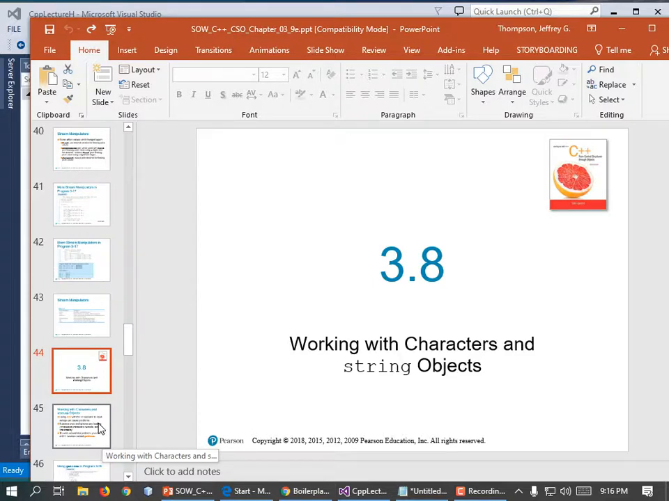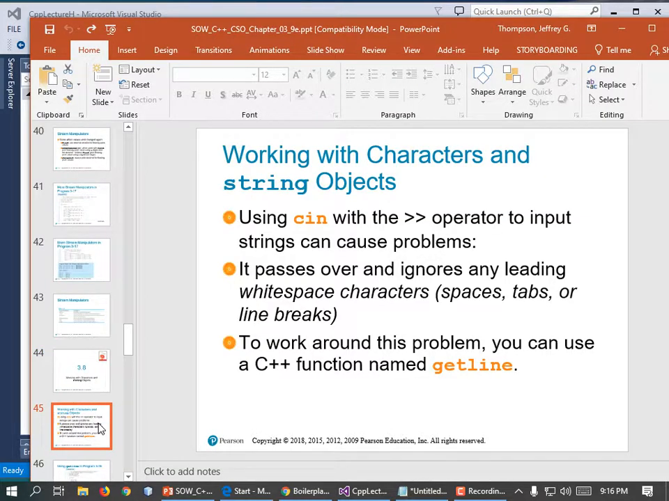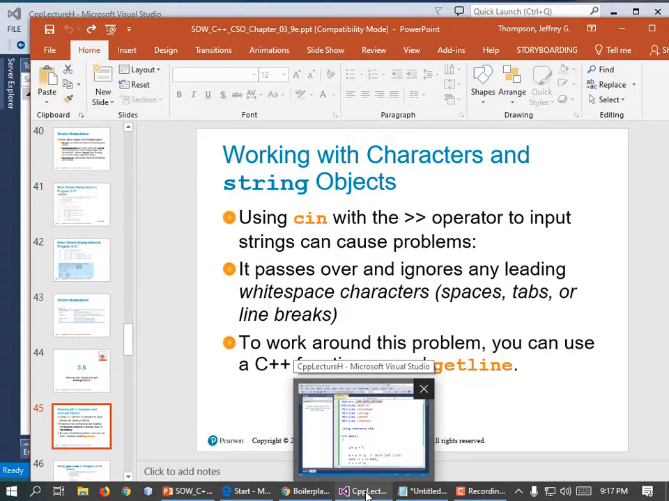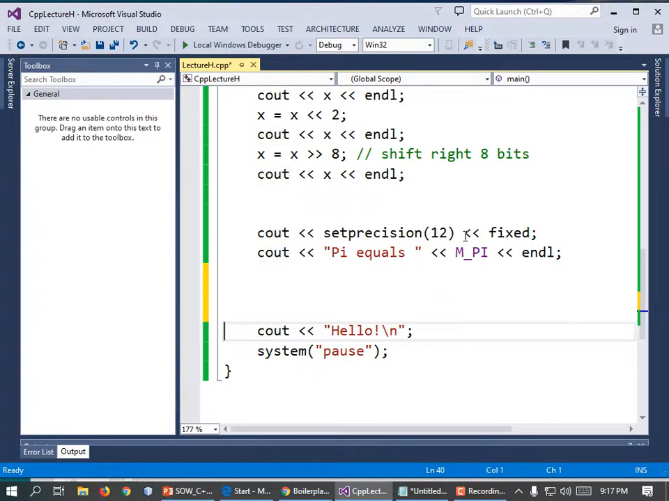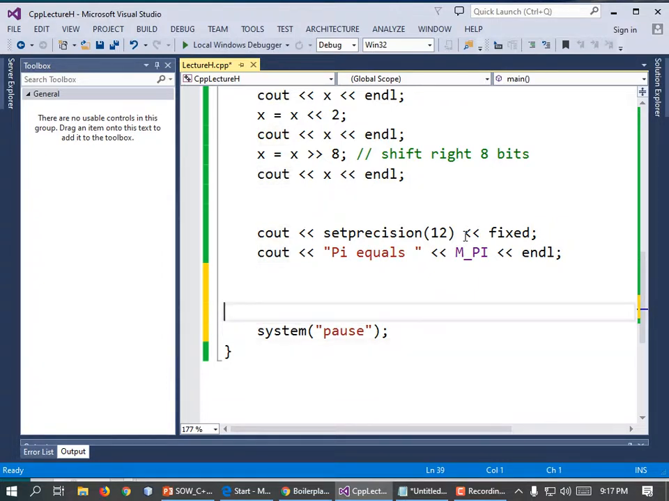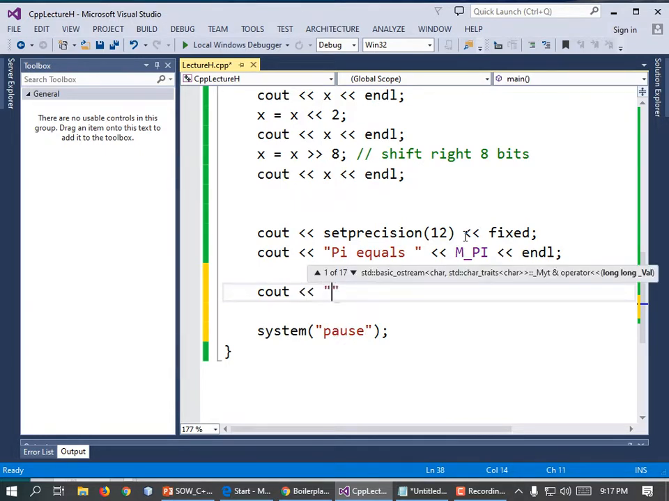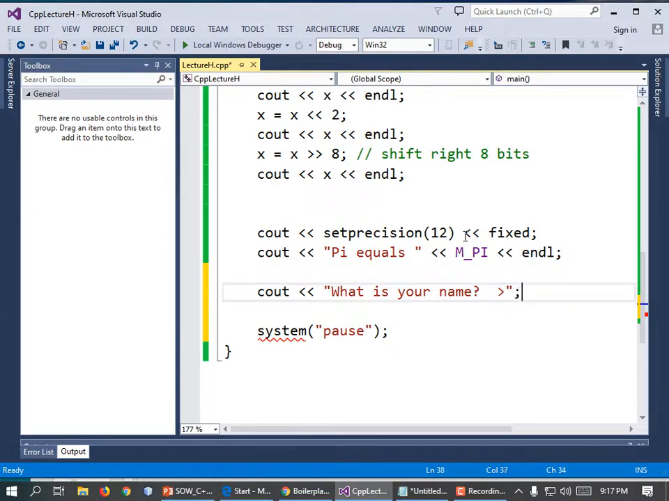So, working with characters and string objects. Using cin with >> causes some problems because it ignores spaces, or it stops at spaces. What do I mean by that? If I come down here, I'm going to delete that hello line, but I'm going to put something very similar in. cout << "What is your name? ";